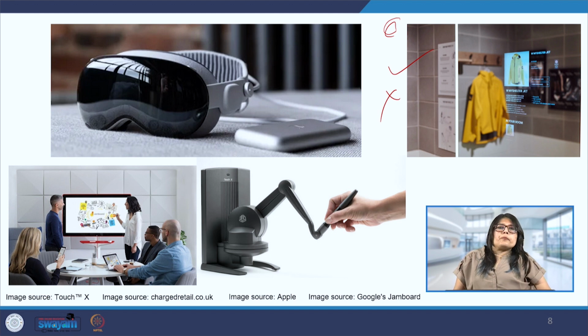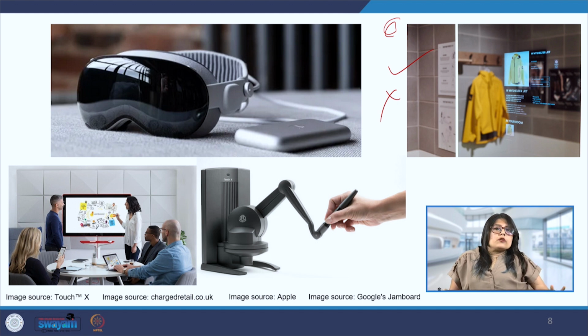Then we also have other smart devices like a smart mirror. We can see it on the screen here. This is an example from Adidas, from a showroom in London. Now these smart mirrors can detect the user's presence, gesture, or touch commands. This particular mirror can allow the user to see the product, enlarge it, change the color, and take photos and compare how the product would look on them while they are wearing it.